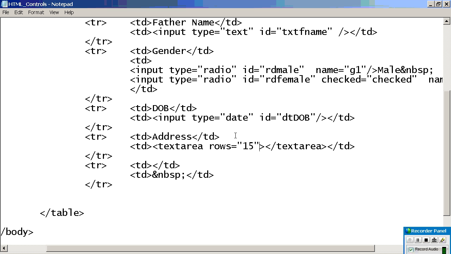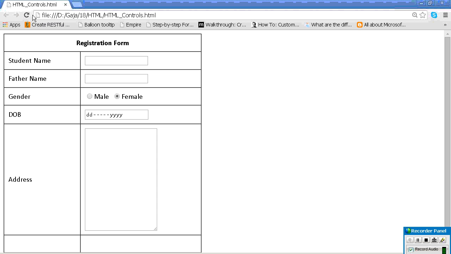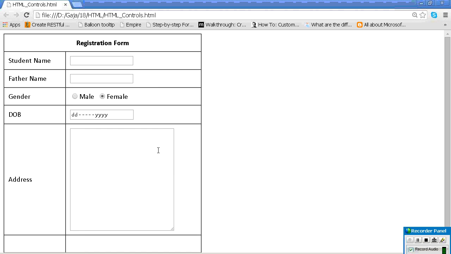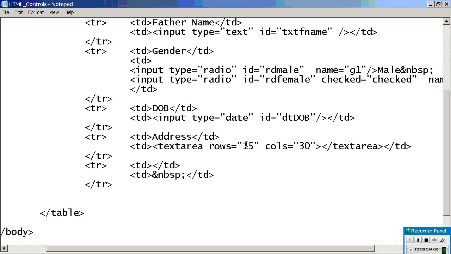If you want the width, use columns, and we can reduce them.